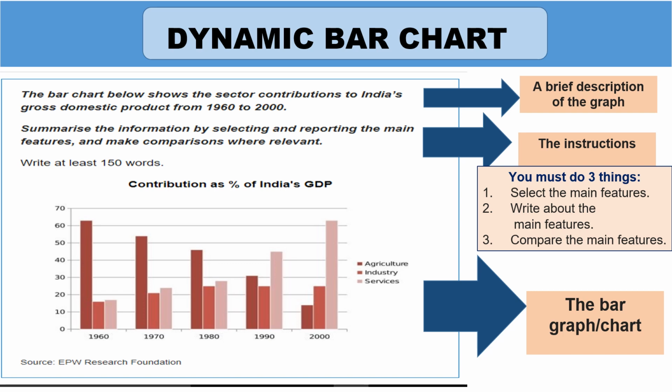So in the second paragraph, you will write about the contribution of agriculture because it is a separate trend, decreasing. Then in the next paragraph, you will write about industry and services together because they both show some increase. Okay, now